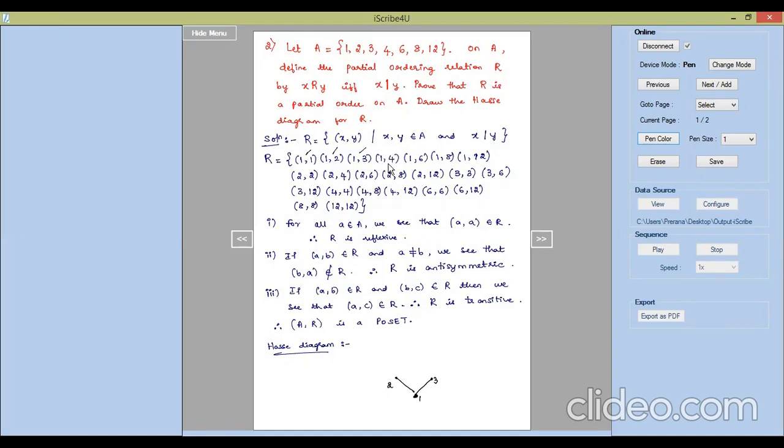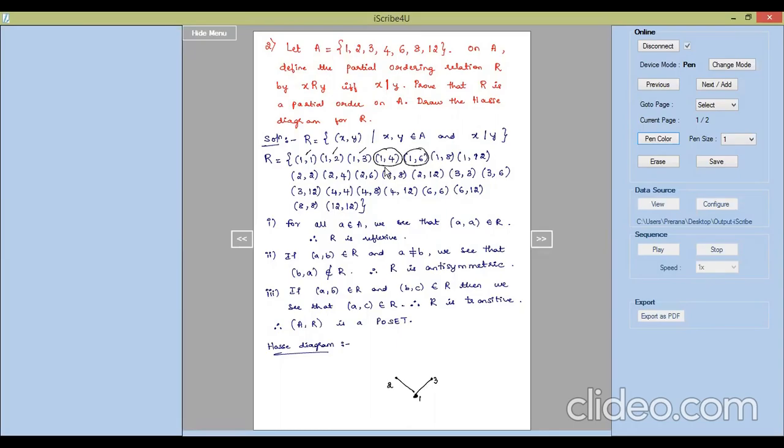So how will we predict that? We have 1 comma 2, we have 2 comma 4. So 1 to 2, 2 to 4 will indirectly give us 1 comma 4. So for the time being I am dropping out 1 comma 4. Then I have 1 comma 6. Again 1 comma 6 I can drop out because I observe 1 comma 3 and 3 comma 6 exist. 1, 3 and 3, 6 give us 1, 6 by the transitivity property. So I can drop out this.